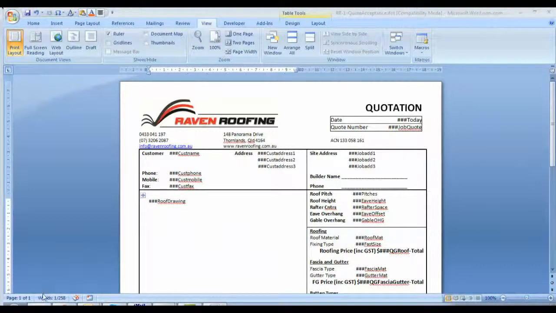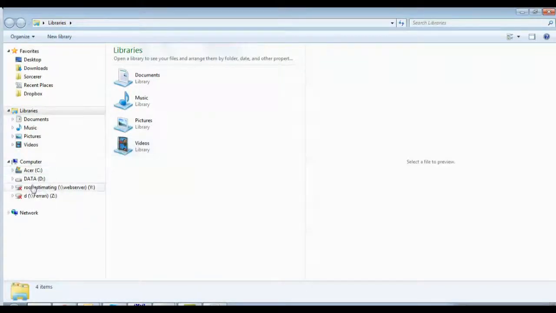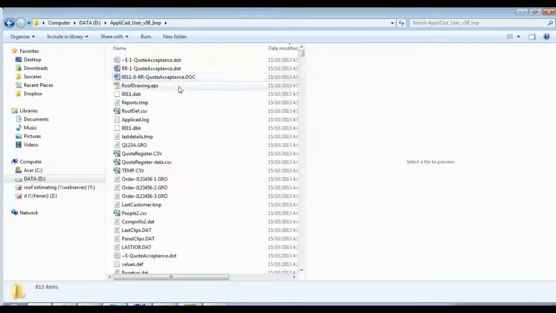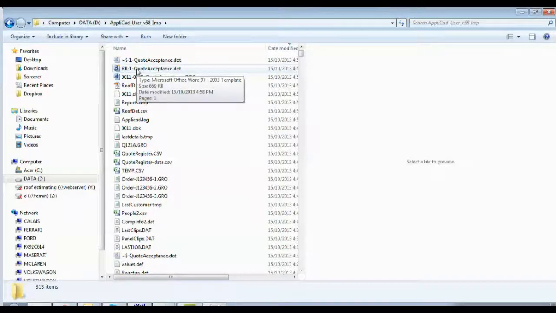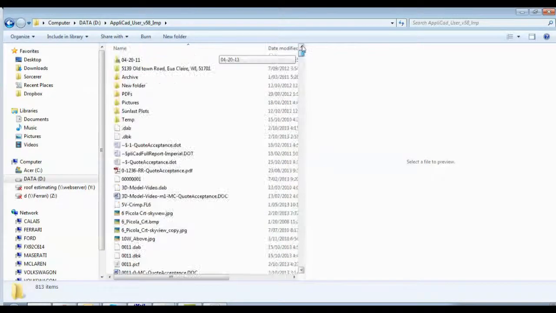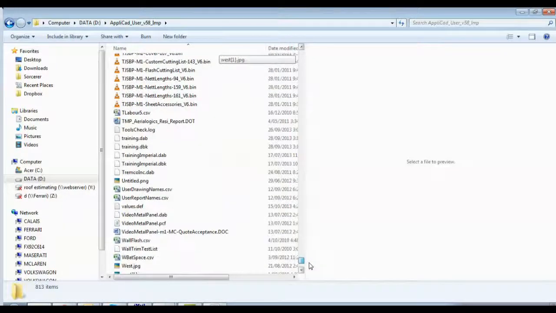We go into the user folder of our AppliCad, and the user folder that I'm working in is this one. And here we have the template that we've just created. Always save your templates in the user folder. But the important thing that we have to do, let's grab this by name and drag it down to the bottom here. It's a file called